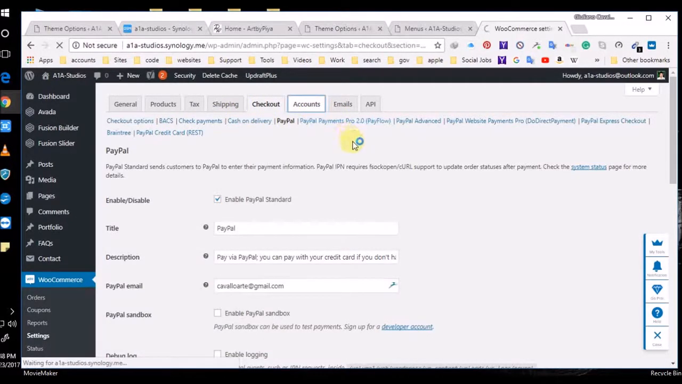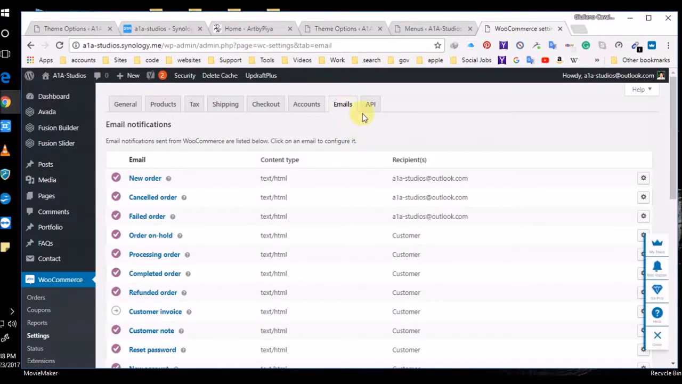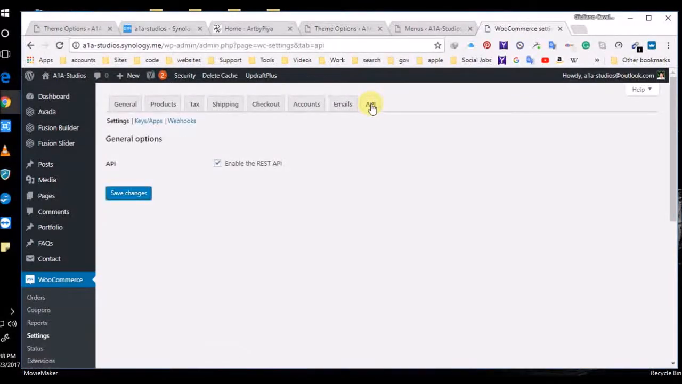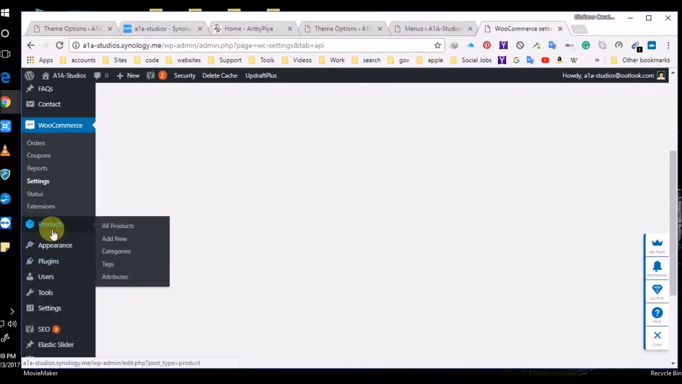We haven't even begun to scratch the surface of all the products and settings and names for them and categories for them and stuff, because now you have here, and I'll show you, you have products, all products, add new, categories, tags, and attributes. And then you have orders, coupons, reports, settings, extensions,